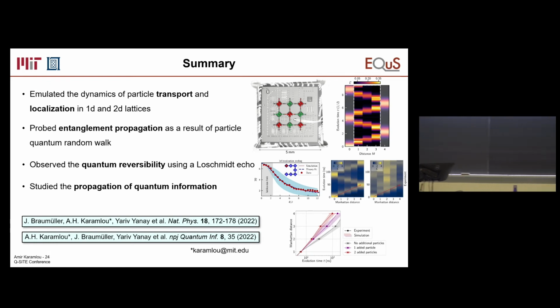So we've shown that we can emulate the dynamics of particle transport and localization in our system. We've also probed entanglement propagation. And then we've observed quantum reversibility using a Loschmidt echo. And finally, we've studied propagation of quantum information using out-of-time ordered correlators. And again, I didn't get through the whole presentation, but the stuff that I talked about, with more details,